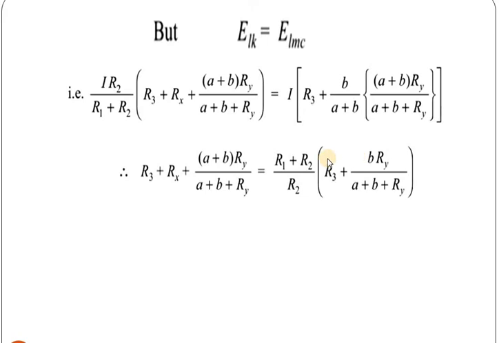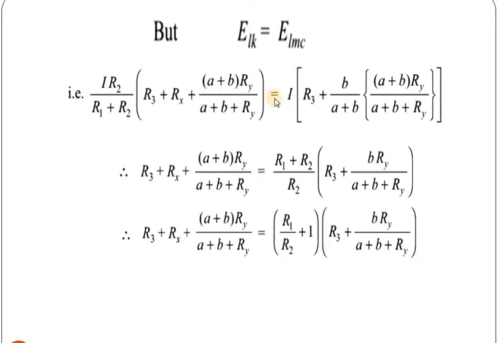Now we have to make the simplification of this one. I and I are cancelled, and by taking this we finally got the terms like this. You have to move R2 by R1 plus R2 to the other side, and by doing this we got this expression. You have to cancel this item and this item and move R2 by R1 to the other side, then we got this expression.